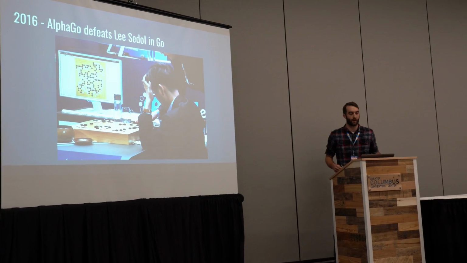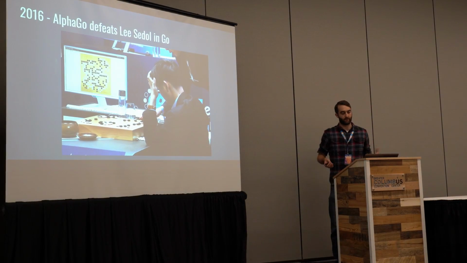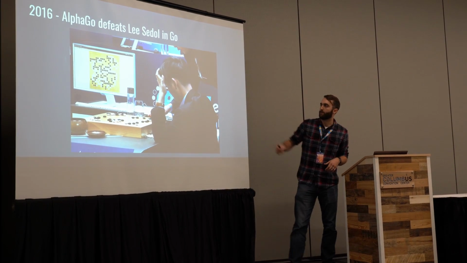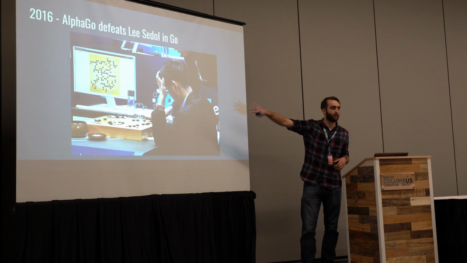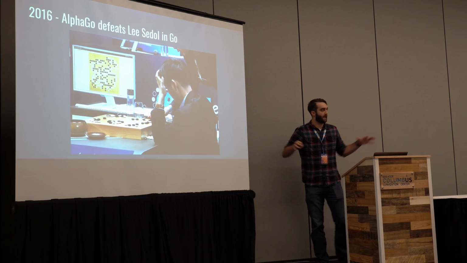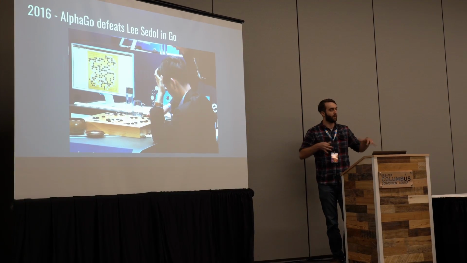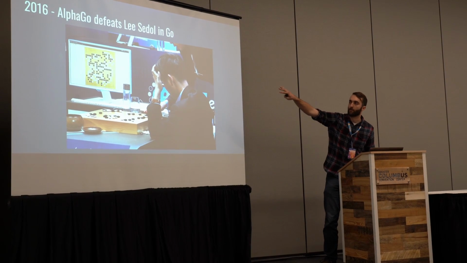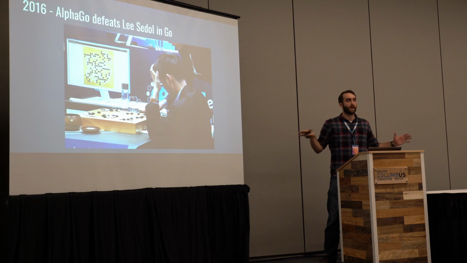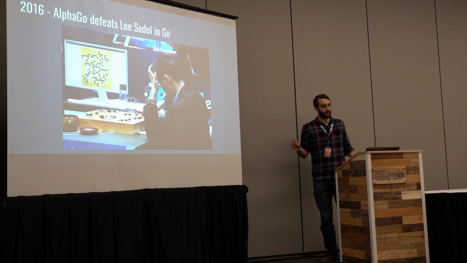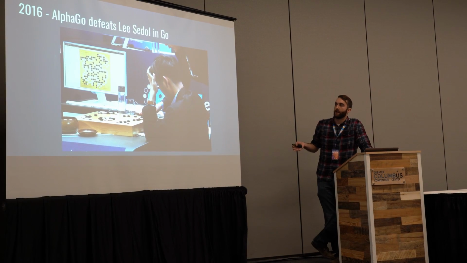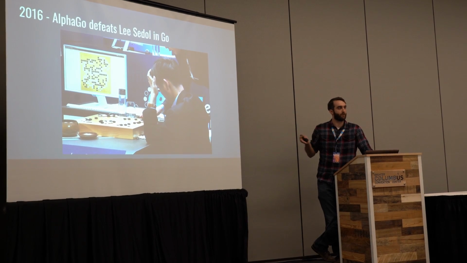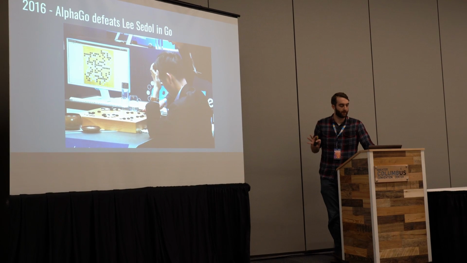Google worked on a program called AlphaGo, which plays a game called Go. If you're not familiar with it, basically you have these stones that you put down on the board, and you try to capture areas to control, and you get points based on how much area you have. The number of moves on a Go board is way higher than the number of moves on a chess board. So people thought that computers could never beat Go. There's just too many moves. They could never be better than humans.